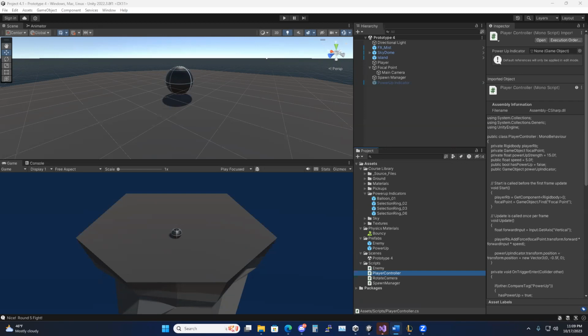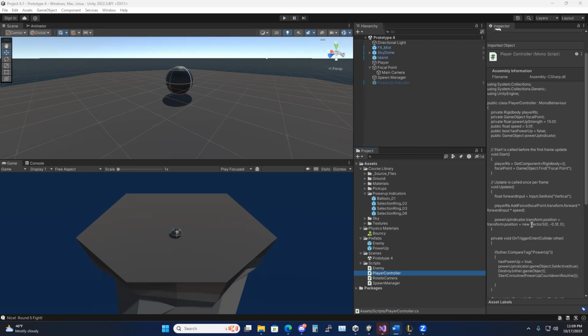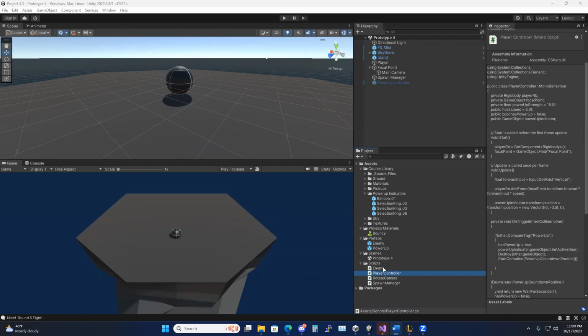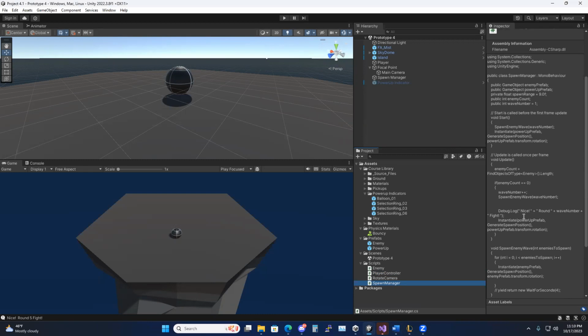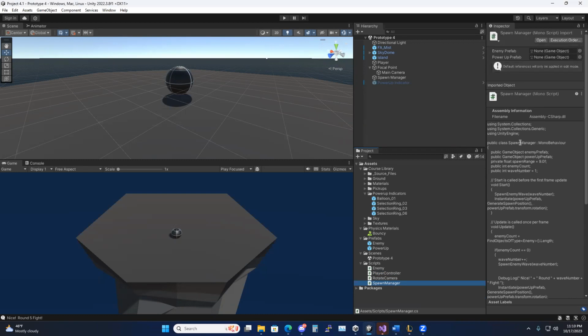Let's see. We did texture wraps, global versus local coordinates. We made the spheres bounce off each other, defining vectors in the 3D space. Player collects a power up, they get a visual indicator that they have the power up, and then it'll disappear when they don't have the power up. I learned about IEnumerators, which are how in the spawn manager we're instantiating our enemies,